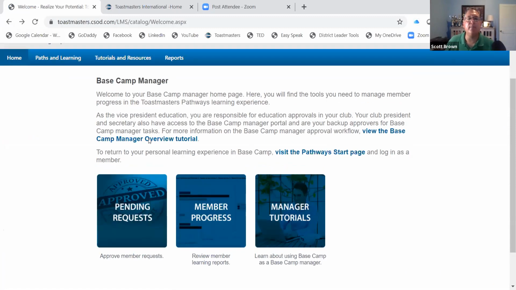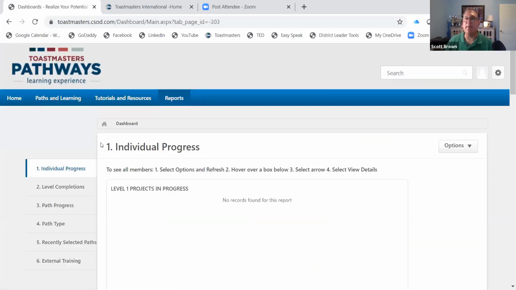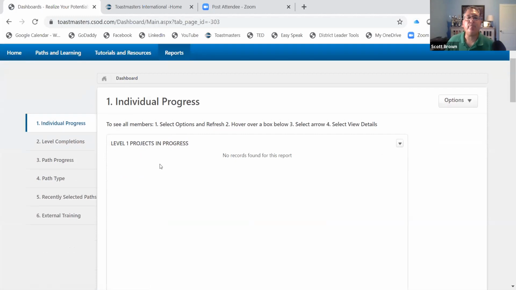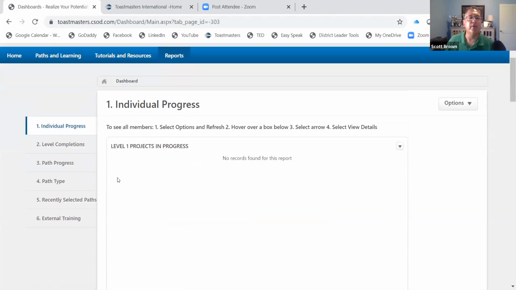So if we move past the approval part, member progress. Let's go into member progress. And that's going to answer a couple of your questions. This would be the answer to Onyx's question about why we can't stay in pathways forever and a day, because it slows stuff down. All right, individual progress for this. So if I go into individual progress,